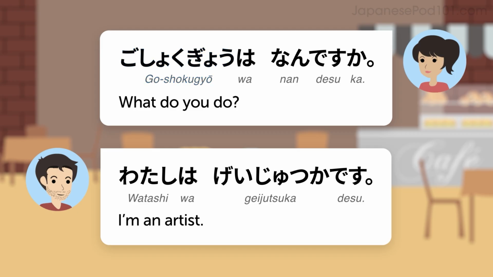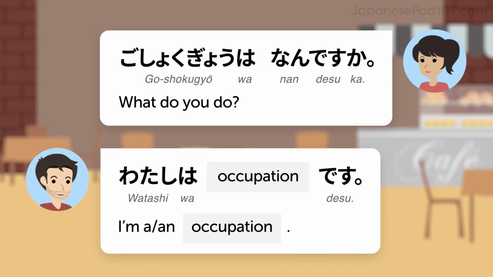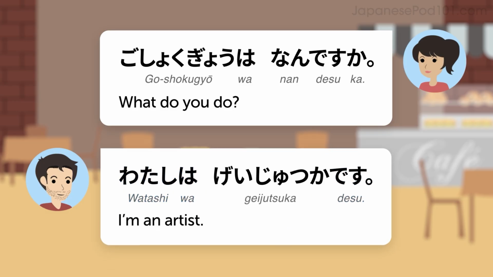Now, how do you answer this question? This is the pattern you'll need. 私は Your occupation. です。 This Japanese sentence literally translates into, I occupation am, but it means, I'm an occupation in English. For example, I'm an artist. 私は芸術家です。